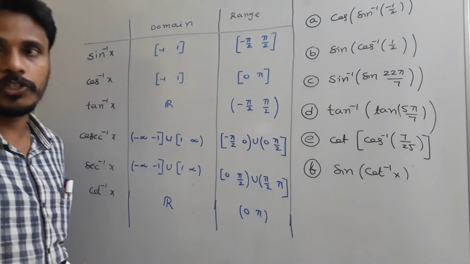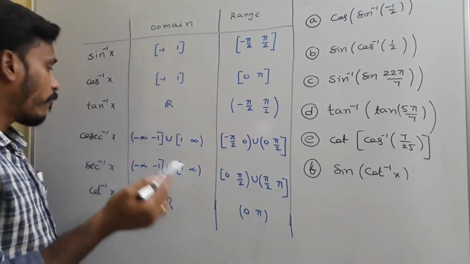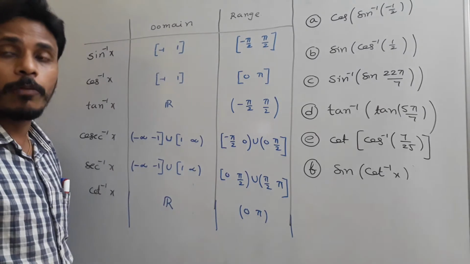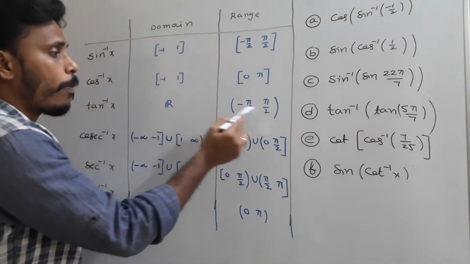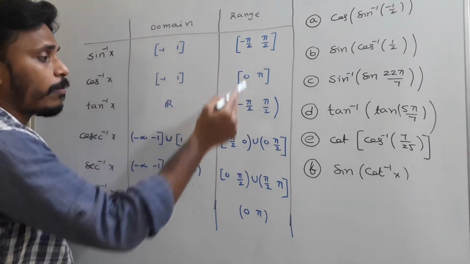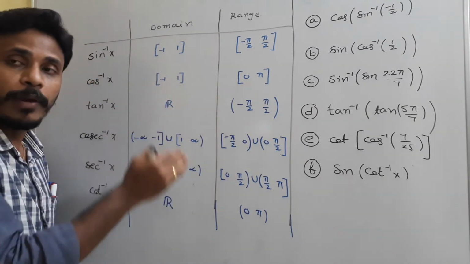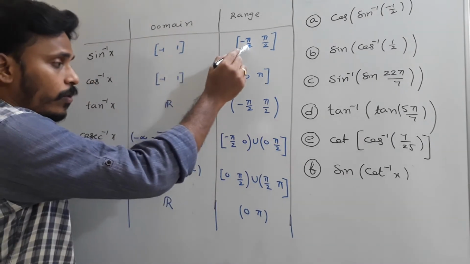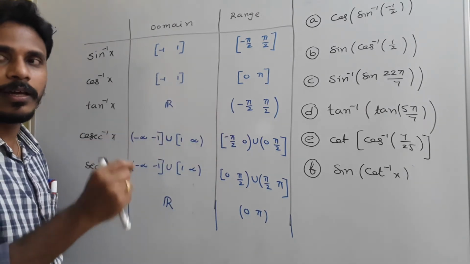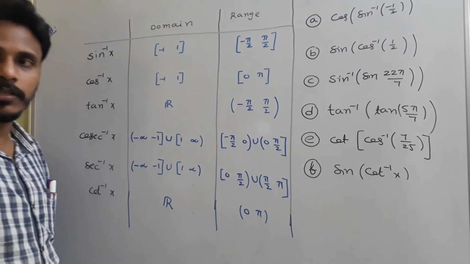Whereas coming to the range, for sine inverse x, it is -π/2 to π/2. Tan inverse also has the same range, but here π/2 and -π/2 have to be excluded. Here open interval, there closed interval. Cosecant inverse x also has the same range as sine inverse x, but we need to eliminate 0. We need to break the interval at 0. So for sine inverse x, cosecant inverse x and tan inverse x, it is almost similar, right? For tan open interval, for cosecant you need to remove 0.